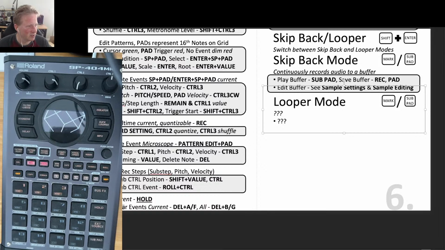Let's see. Looper has an awful lot of buttons to try and get documented here. We'll leave that. Controls, measure, control 1. Yeah, and for this, you can kind of see some of these things on the screen, so I don't know if